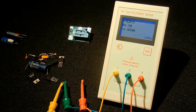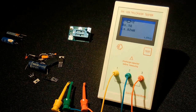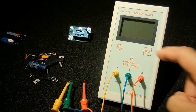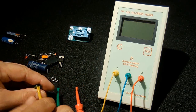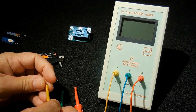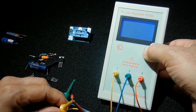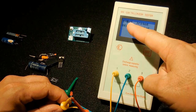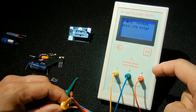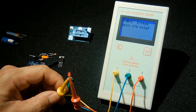Okay, the resistance of that winding inside this inductor is 0.1 ohm, and the inductance is 0.02 millihenry. Over here you can see the symbol for an inductor, and it was between 1 and 2, which is what it is right here. Let's try an LED. Alright, you're going to power that up. It shows the anode and the cathode. The anode on 1, cathode on 3, the forward voltage of around 1.77, and that's the capacitance right here,